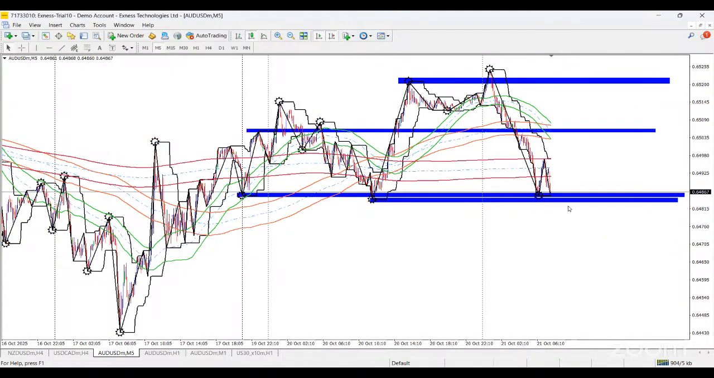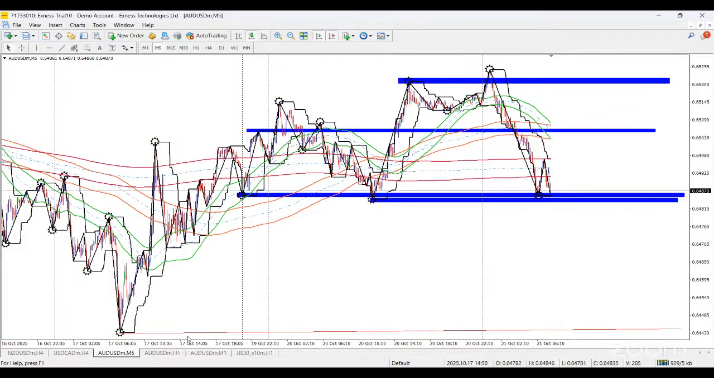If price violates this level on the M5 time frame, then it's safe to say we could be seeing AUD selling all the way into somewhere around here. Because if you look at price, you see that there's a bunch of liquidity residing around the zone. So if price is able to break through, we could see even more digging of AUD all the way into